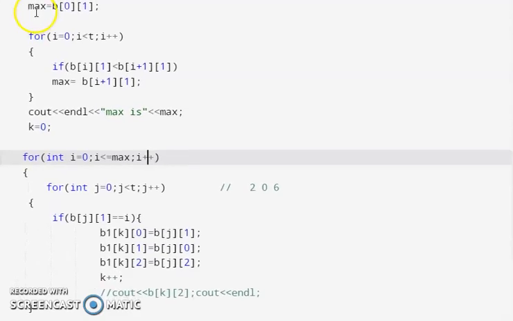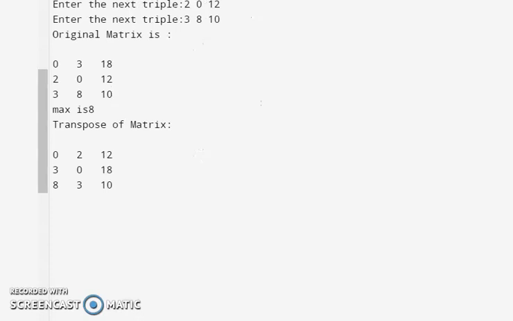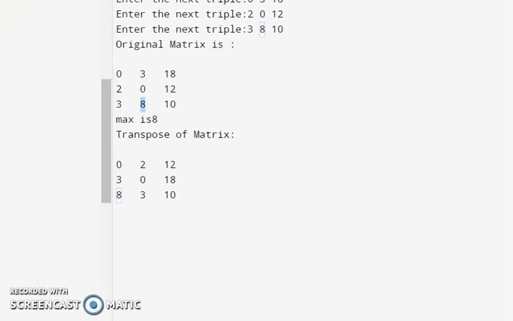So firstly, this is the code to identify the maximum column value. We had identified 8 there, so that 8 will be computed here. The logic is simple. We have taken initially the max value as the first column value. So taking the example here, initially my max value will be 3. Then we will compare 3 with 0. Is 3 greater or not? Yes. So max is 3 itself. And in the next comparison we will see 8 is greater than 3. So our variable stored in max will be changed to 8.